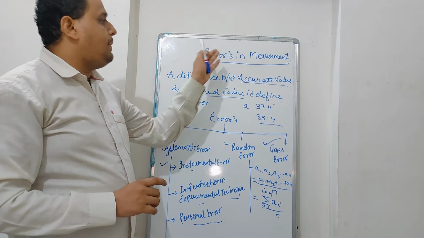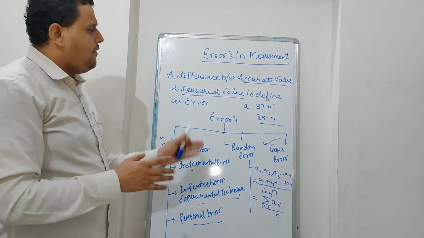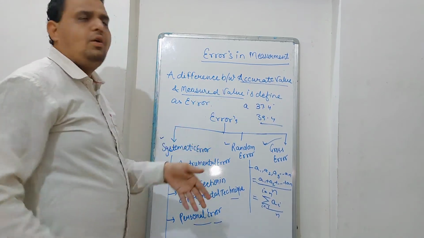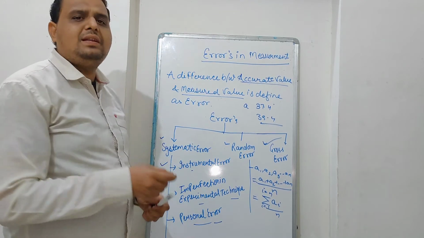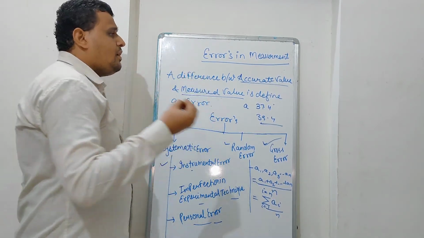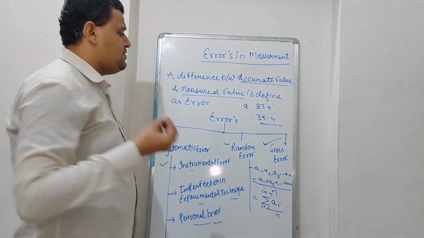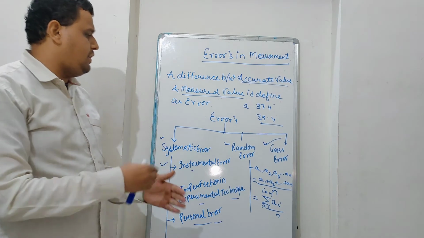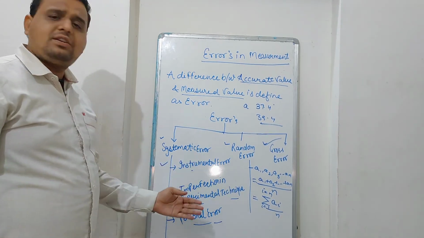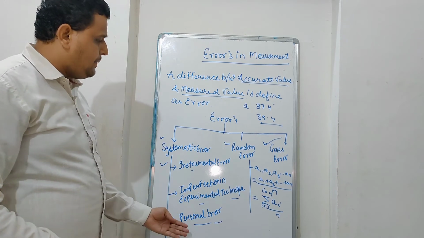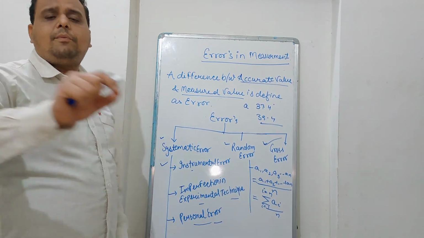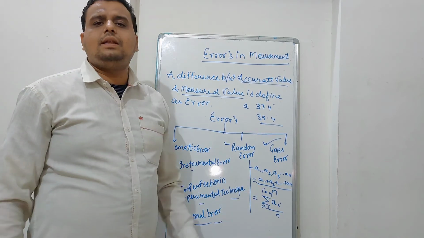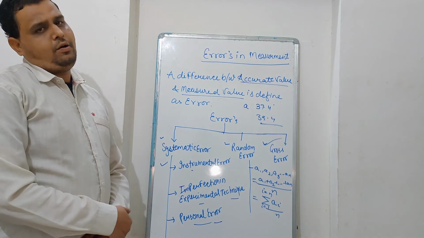So today's topic is the theory of error in measurement. Fundamentally, I wanted to clear all the basic concepts like accurate and measured value. Accurate means perfect value, and measured value means the value measured by an instrument. The difference between accurate value and measured value is defined as error, and its types are also defined. Systematic error is a continuous error generated by instrument, imperfection in technique, and personal error. Random error means a specific point is selected by a random method. And last is gross error, a whole error generated over an object. Okay, thank you.